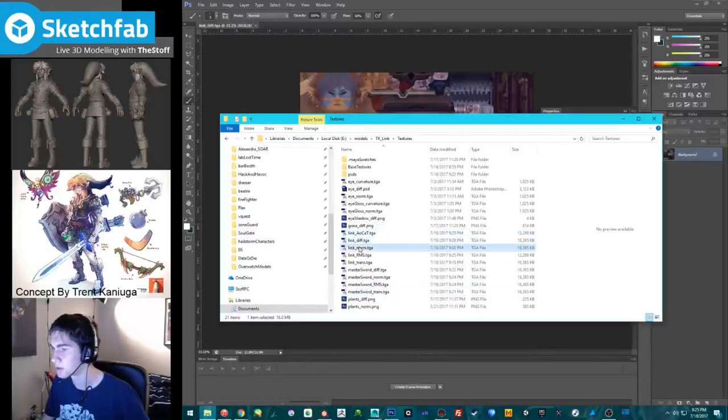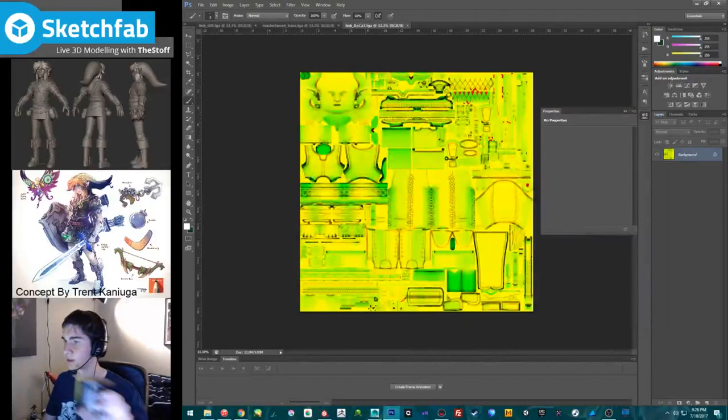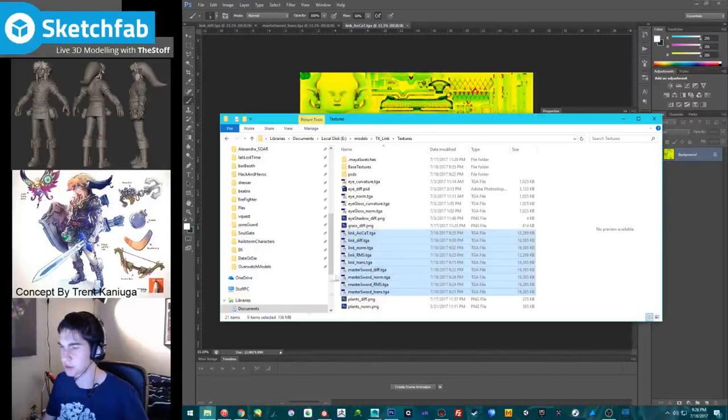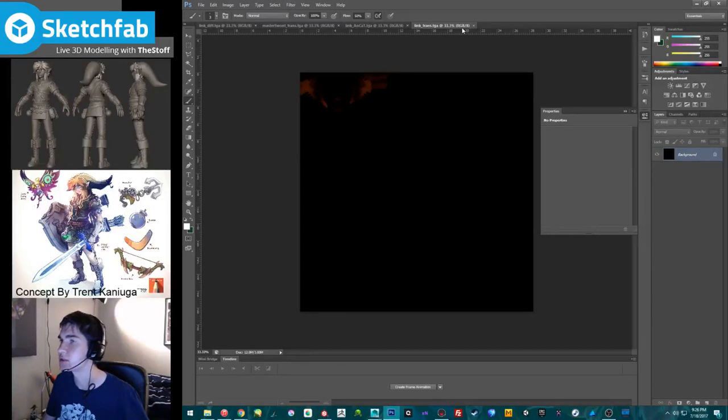Oh well. At least it's clean. Alright. Why does Photoshop do that sometimes? Like I say open and it doesn't open all the files.